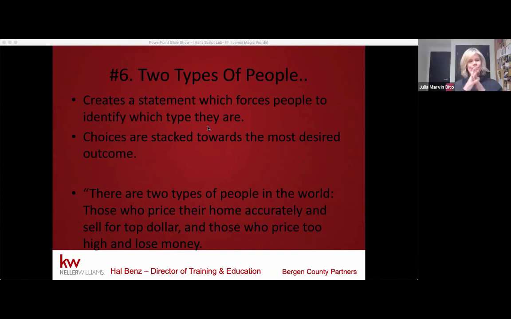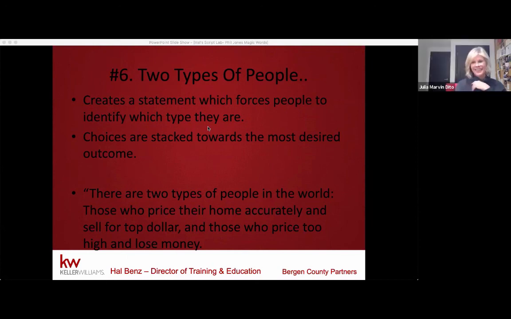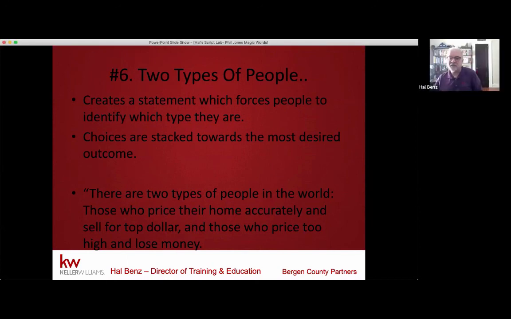Right. If you really want to amp it up, you could go Clint Eastwood at the end. There's two kinds of people in the world. There's gamblers and there's not gamblers. Do you feel lucky, punk? Right? You could go Clint there if you want to. Anybody else use this one or have any ideas of how you could? I love that one, Julia, because it really does. We don't know what the future is going to hold, right? We don't.